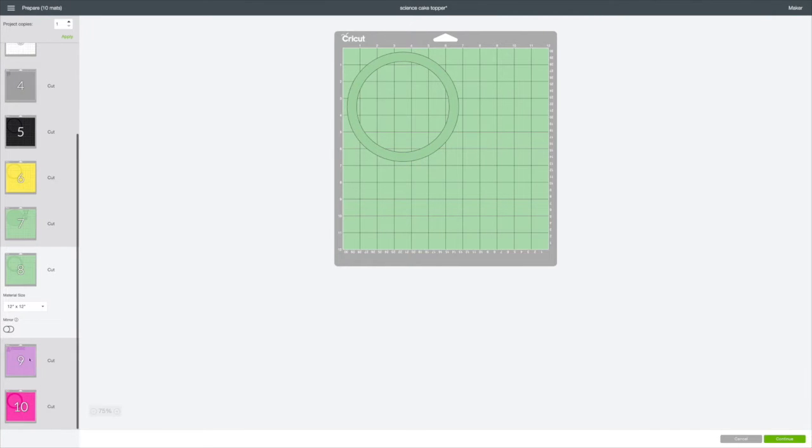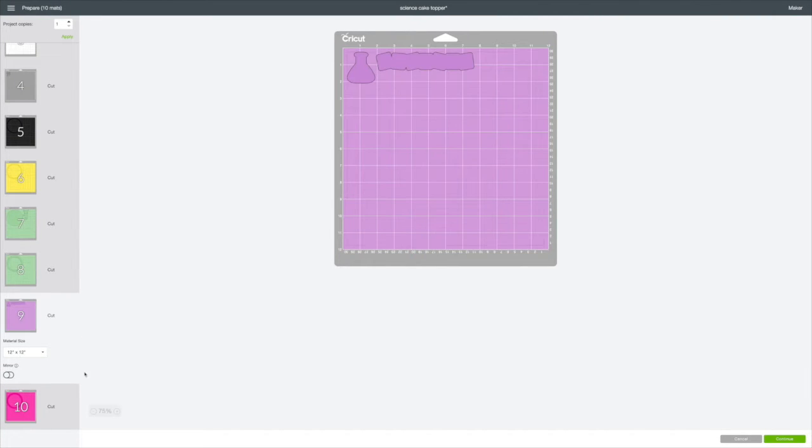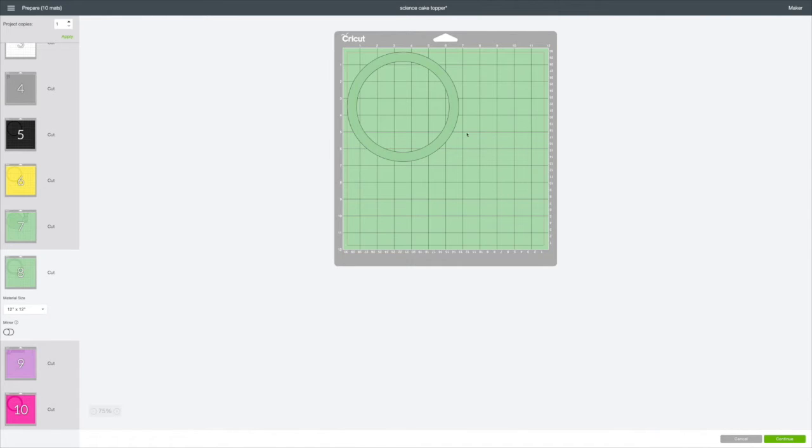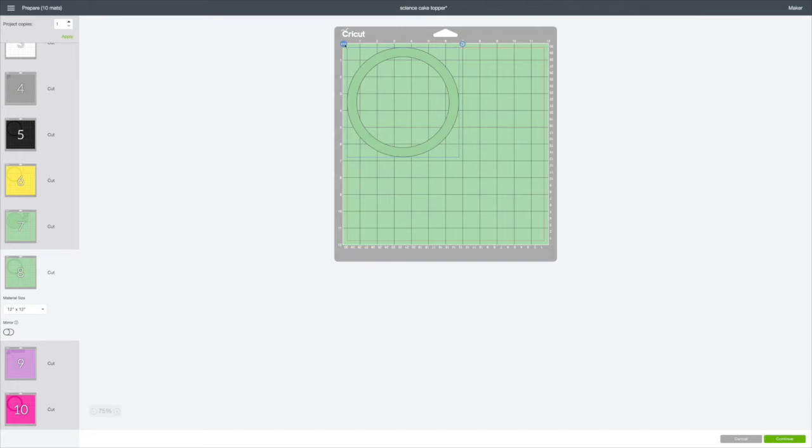So down here, you have that lavender glitter and your hot pink glitter. Actually, I'm going to do pink cardstock. It's a 65 pound cardstock. So let me go back to the green and show you how we will put this together so we can save paper. So click on this layer, click on the image, the three dots right here, click that and put